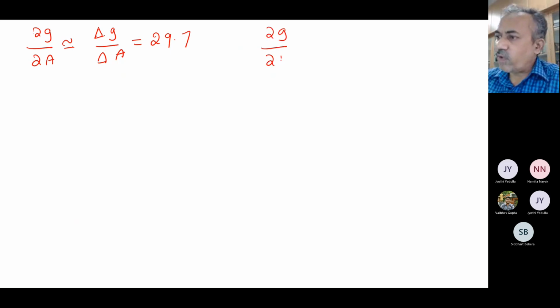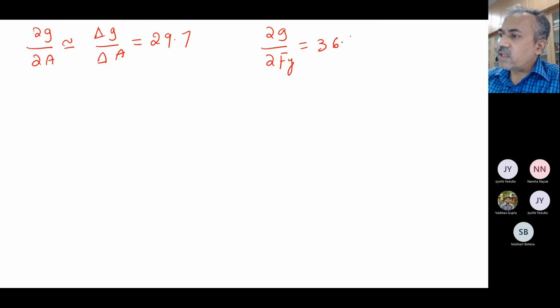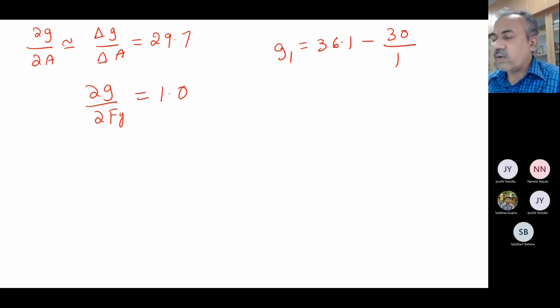Now to compute the derivative with respect to F_Y also, ∂G/∂F_Y, this one you can also easily calculate. Now you have to keep all other constants the same, so only this has to be changed. You have to give a small perturbation, so let us say give 30.1 minus 30, which is 0.1. Okay. So this is my number itself. Finally, so I will calculate, sorry, this is G1, and then finally ∂G/∂F_Y turns out to be almost 1 actually. Okay, so this is how you can calculate the derivatives.